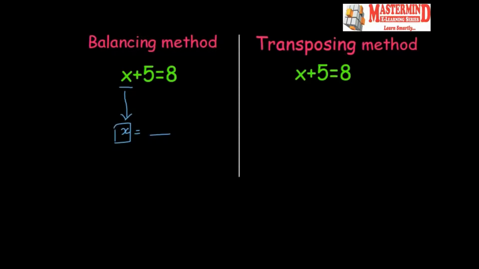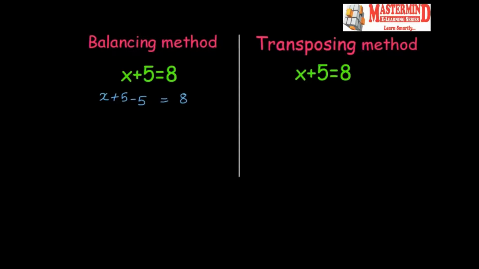That means we are going to separate this x out from anything which is sitting along with it. So right now if you see we have x plus 5 equal to 8. So this x is sitting along with this 5. So we write this equation, I'm just copying it here. Now I do not want this 5 over here. I want to get rid of this 5. Now since x is added to this 5, to remove this 5, I'll have to subtract 5. Because plus 5 and minus 5 will cancel out and x will remain alone.